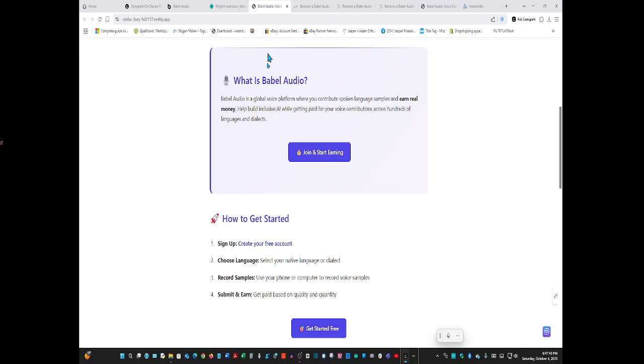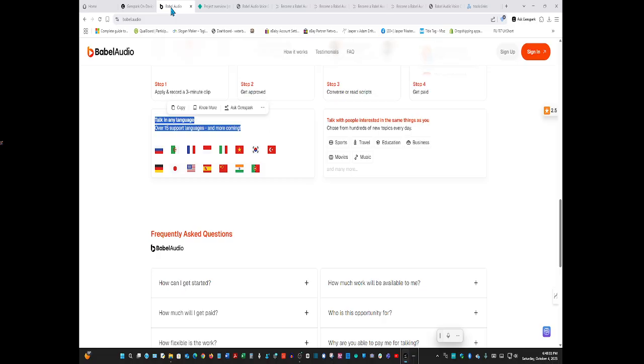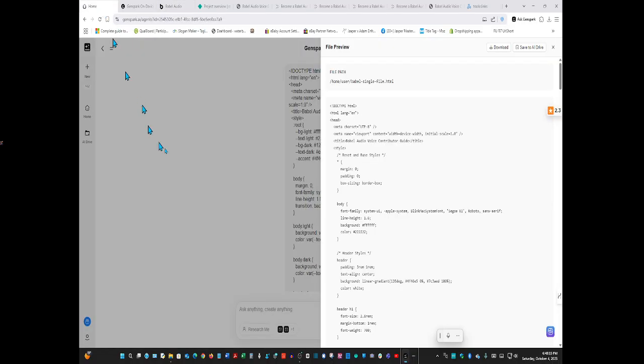New tab, yes. New tab, yes. Talking any language or 15 supported languages and more coming. The grammar is bad. Is that what it says here? It does. Okay, I'm gonna let it roll.